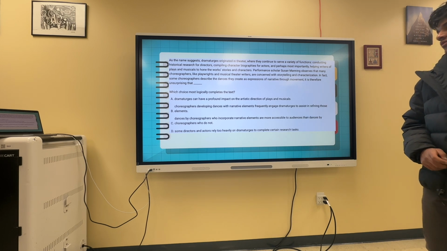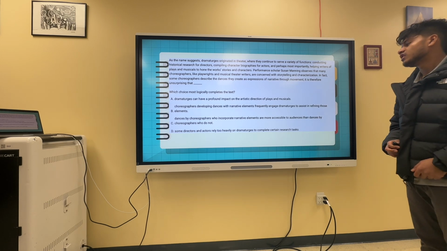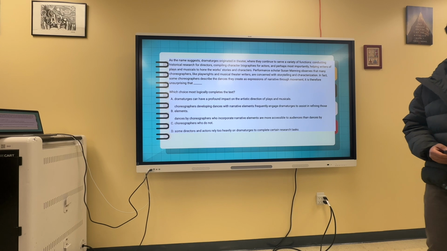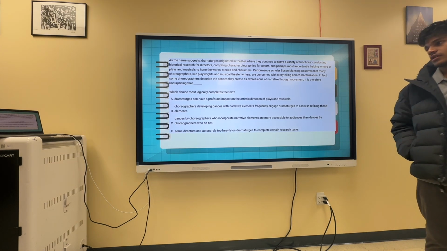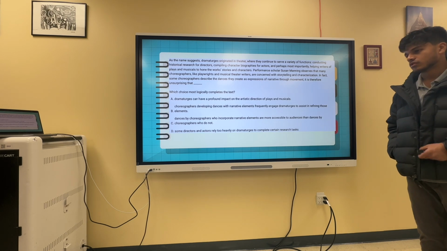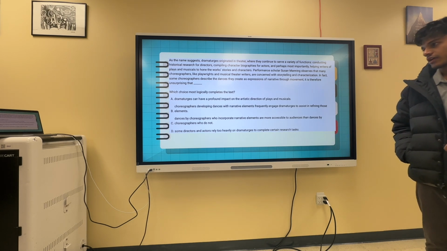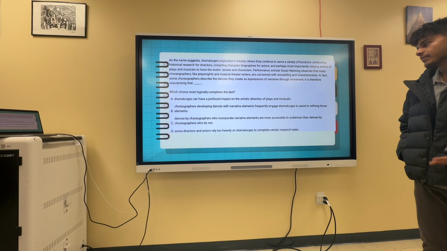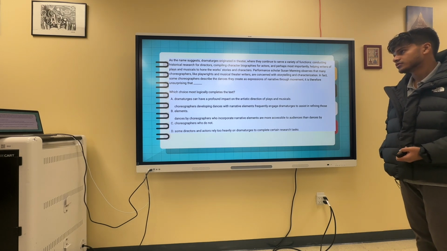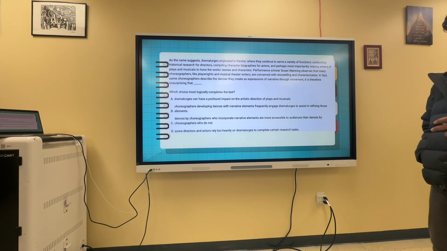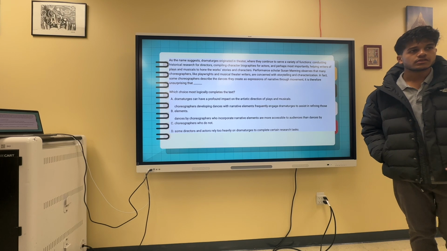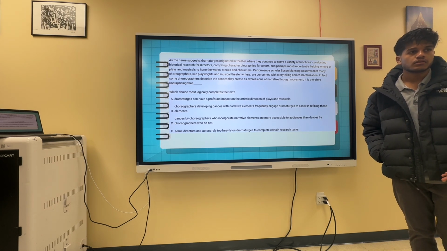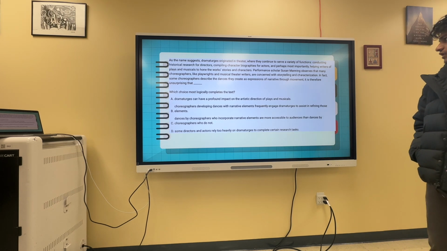Dramaturgists can have a profound impact on the artistic direction of plays and musicals. I'm not going to say whether it's right or wrong, but just going over the answer choice, I think it's saying profound impact on the direction of plays and musicals. So if you look at the first sentence, as the name suggests, dramaturgists originated in theater where they continue to serve a variety of functions. People that have a variety of functions are going to have a profound impact, if you guys think about that. And then looking at the last